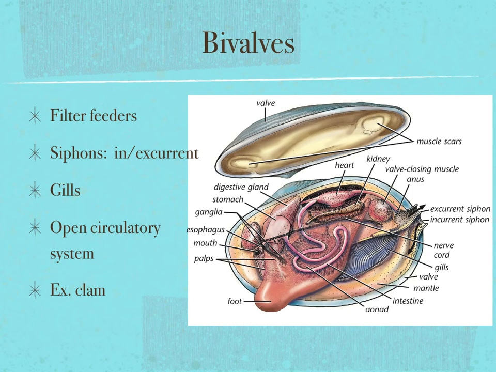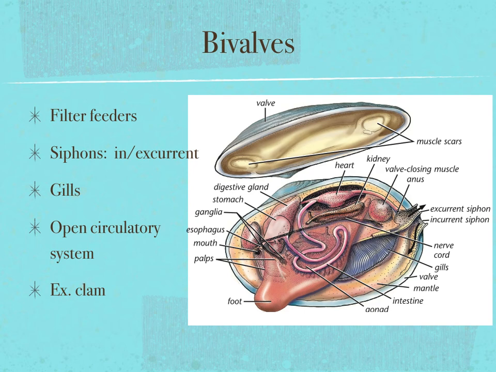When water is pulled in, it goes immediately across the gills. Now the gills are, I believe, the first respiratory organ that we've discussed. And of course, gills are used by aquatic organisms to pull oxygen out of the water. Now, just a note, the oxygen they pull out of the water is not the oxygen attached to the two hydrogen, as in H2O. No, oxygen is dissolved into the water, and that is the oxygen that diffuses into their